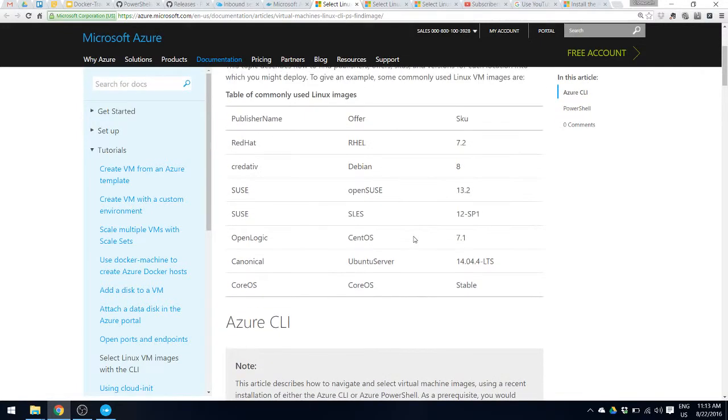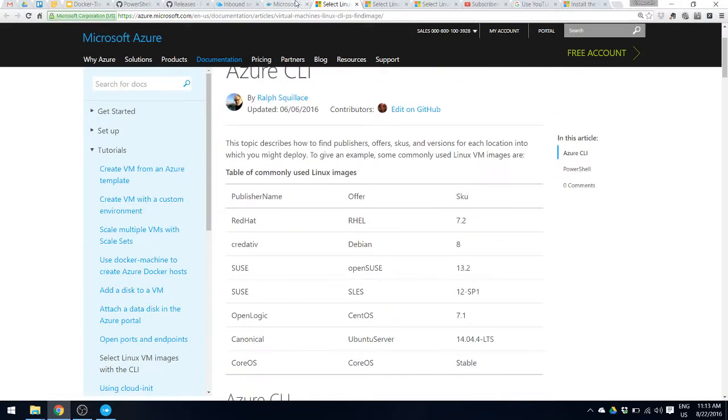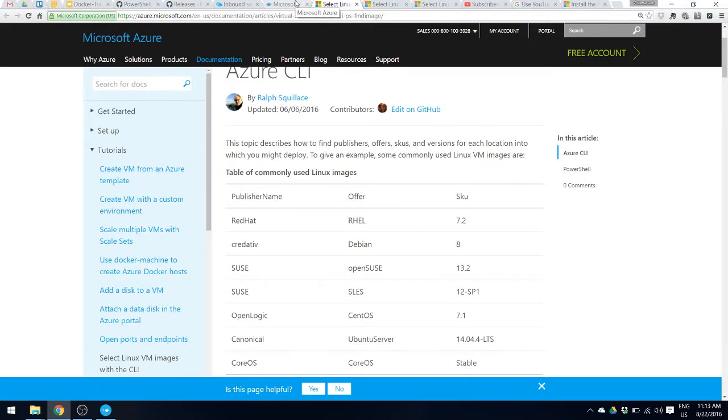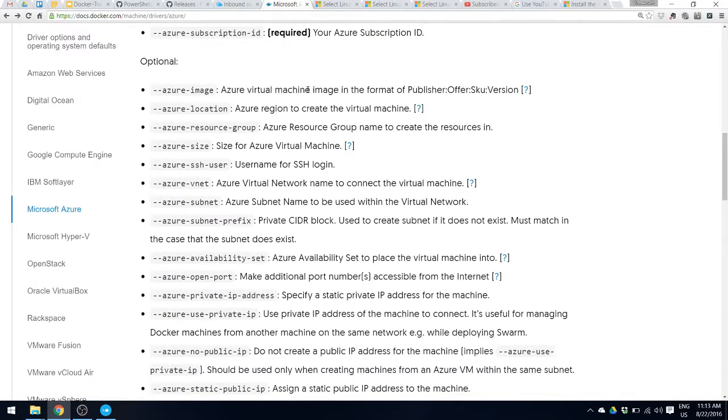And once you do that, when you're selecting your Docker host's image, and let's be clear here, we are talking about the operating system that will be used to run your Docker host. We are not talking about running a Docker image or anything like that. We are talking about the OS where your Docker host or your Docker machine will be running. So for example, I am recording this video on a Windows laptop, which means the OS I'm running Docker on is Windows.